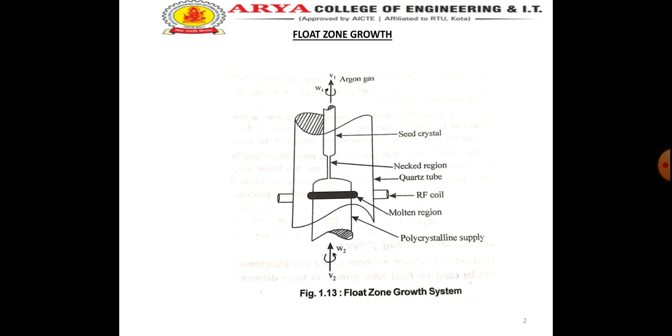The entire apparatus is encapsulated in a vacuum system or in an enclosed chamber with inert gas purge. To ensure growth in the preferred orientation, a seed crystal may also be used. In this technique, a thick neck of 3 mm diameter and about 10-20 mm length is pulled. A disadvantage of float zone growth is the difficulty of introducing a uniform concentration of dopants.